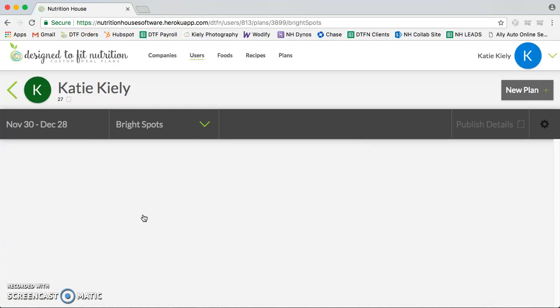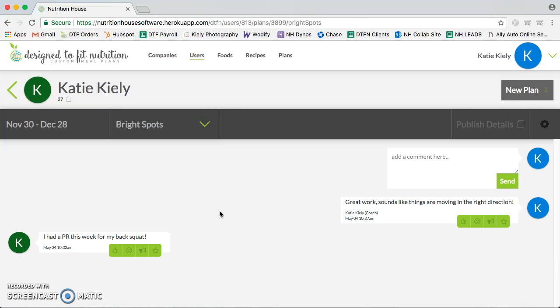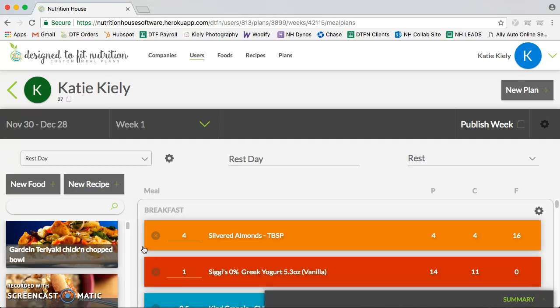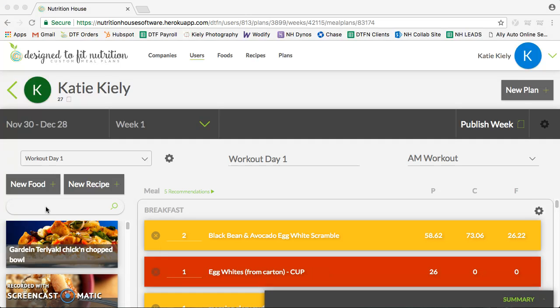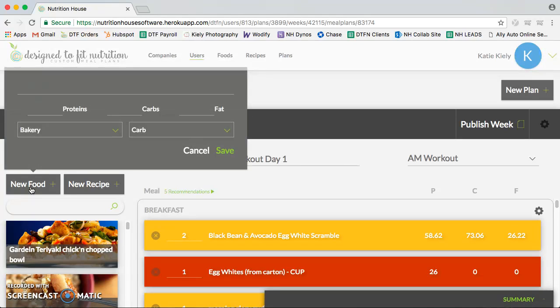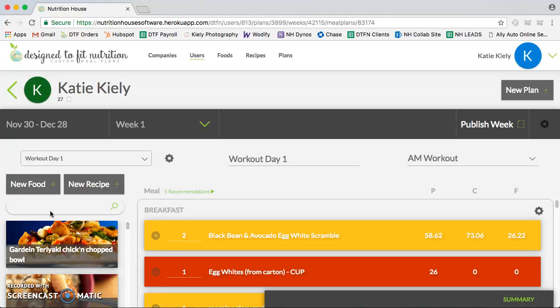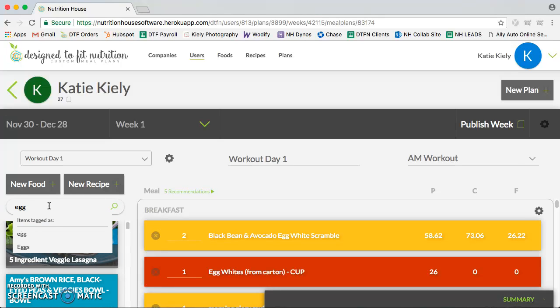You'll be able to communicate with your clients right in the system with our Bright Spots communication feature. And you'll be able to build out custom meal plans with our drag and drop feature. You can choose from the hundreds of food items and recipes that we have in the system. You can also upload your own food items or any recipes that you like as well to use with your own clients. And you can simply search for food items here